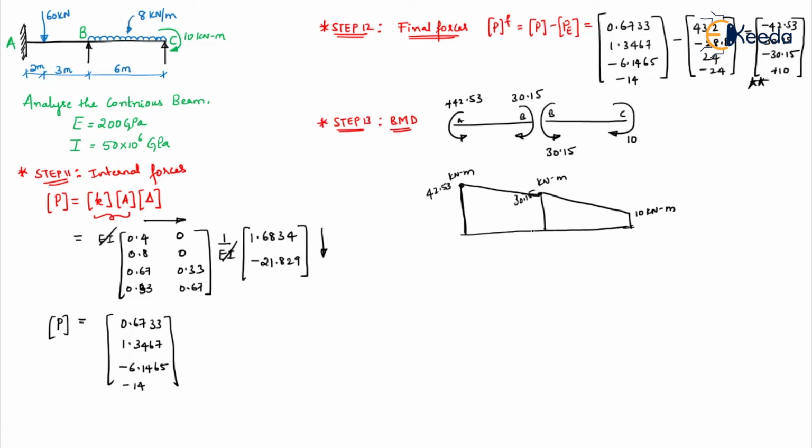Okay. Now this is based on the final forces what you have, right? Now according to loading also you should calculate. So how will you calculate according to loading? So here there is an eccentric point load. So your BM max in this case will be WAB by L. So that will be 60 into 2 into 3 by 5. So that will be equal to 180 kilonewton meter. Here what will be your BM max? So this is a UDL over the entire span. So that standard value is WL square by 8. So it's 8 into 6 square by 8. So that will be 36 kilonewton meter.